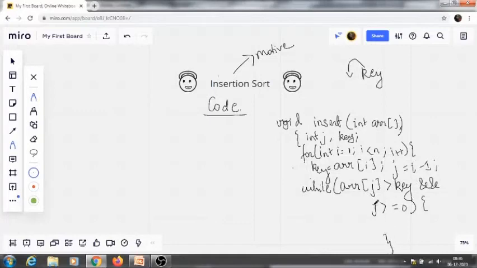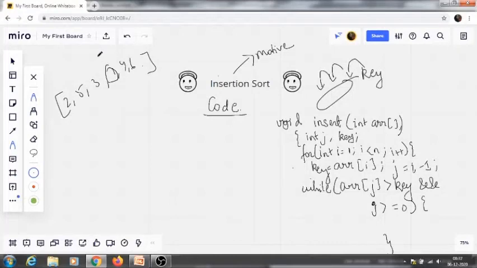And one more condition is there, that is j is greater than or equal to 0. Why this condition? Because we will check for all the values until our j comes to 0, because we want to cover all the elements before it. Suppose our array is given as 2, 5, 3, 1, 4 and 6.